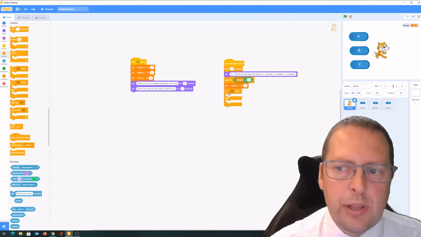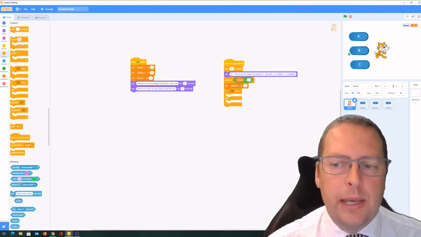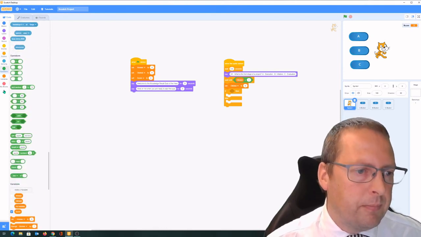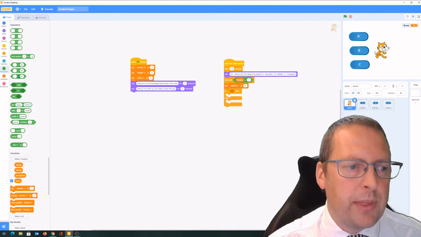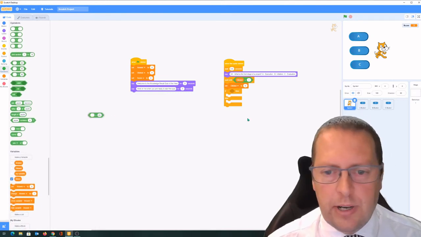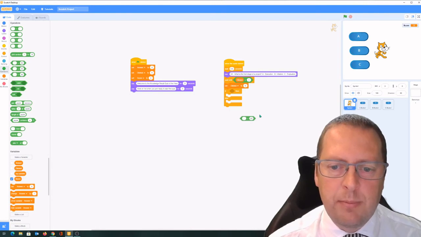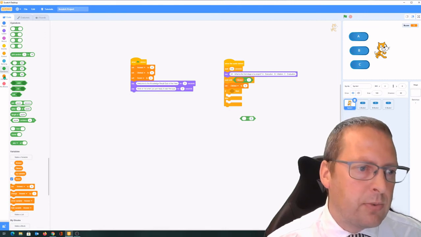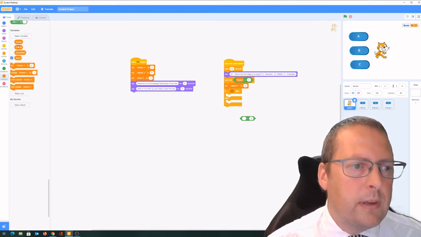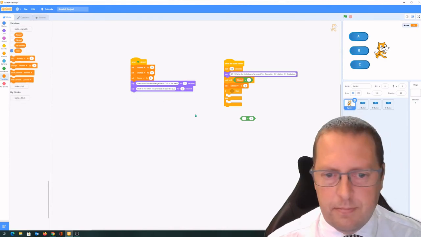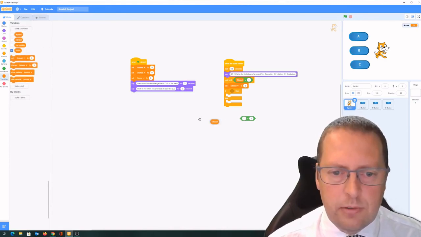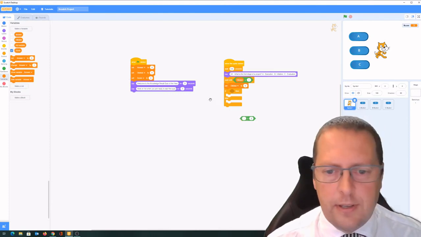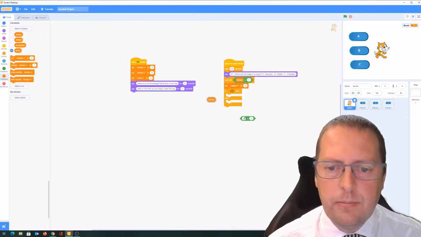So if, and we're trying to say if the answer is B, which is number 2. So we need to build up an operator. And again, we're looking for an equals. If something equals 2. So we can drag that in. Remember our correct answer for this one was B. So here we need a 2. If answer, we'll go back to our variable. If answer equals, that's clicked. Let's just make sure we choose answer. If answer equals 2,